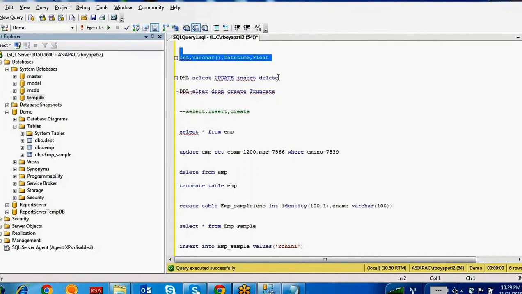And what are the DML statements and what are the DDL commands? These are the DML commands and these are the DDL commands. If you observe one thing, these DML commands only work inside the table, but the DDL commands work not only at the table level, but at the database level also. In the interviews they will ask